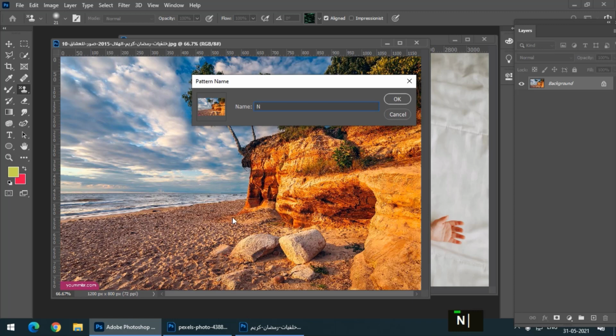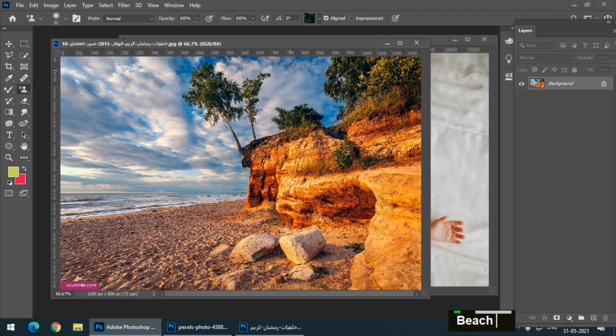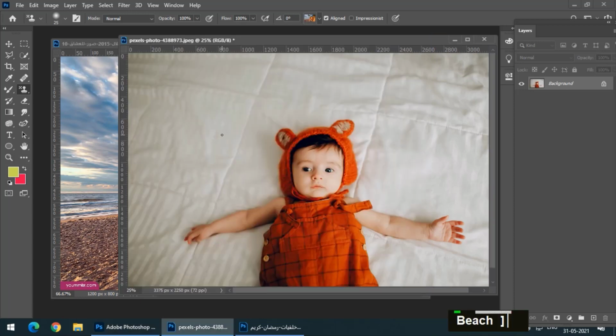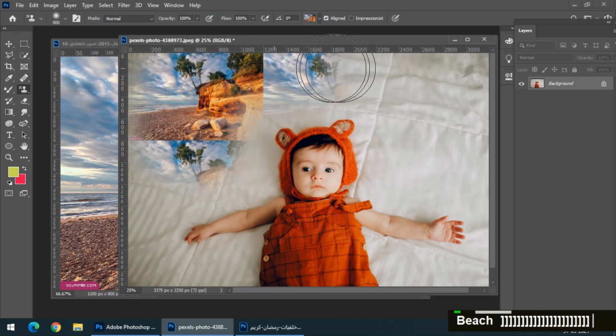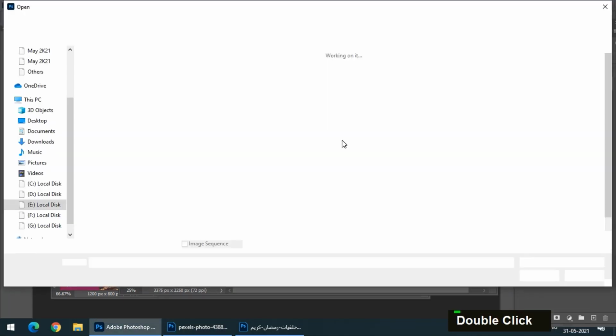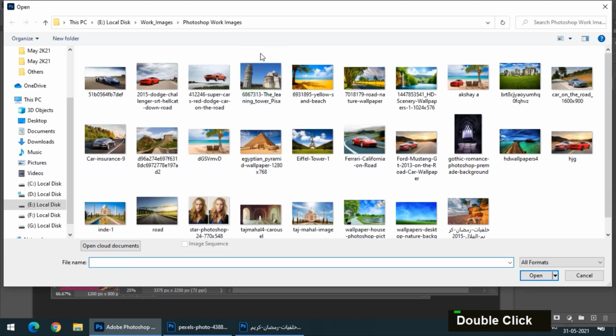Let's say I name it beach. This will go right into the pattern panel. This is the pattern that I just created, as you can see, beach. I can use this pattern in some other images, but as this image is a lot bigger than that image, it will be tiled, it will repeat itself. So what if I take a larger image,